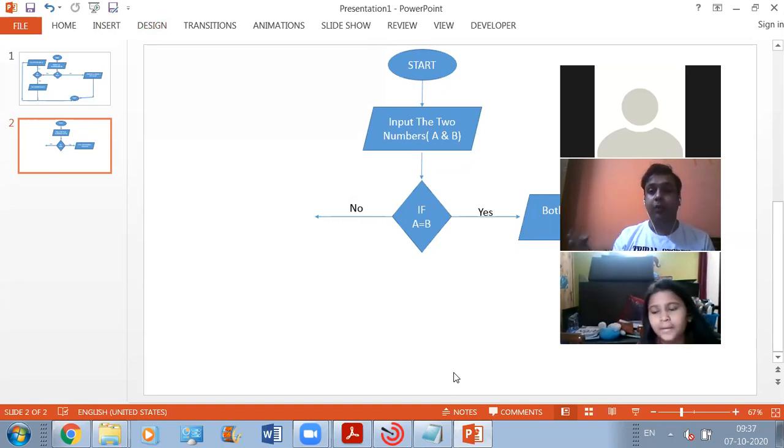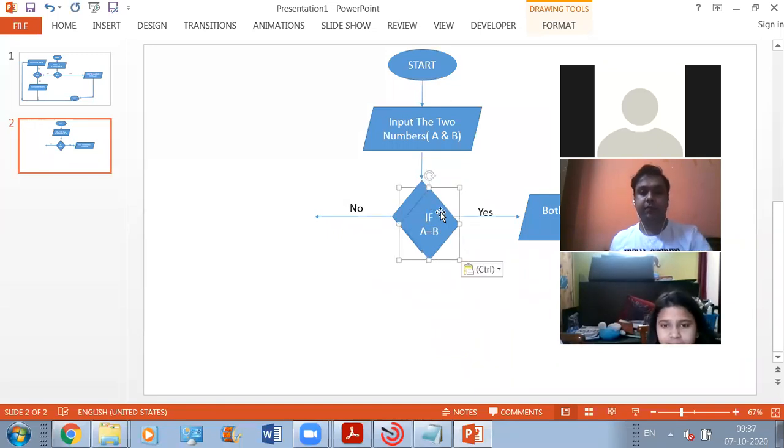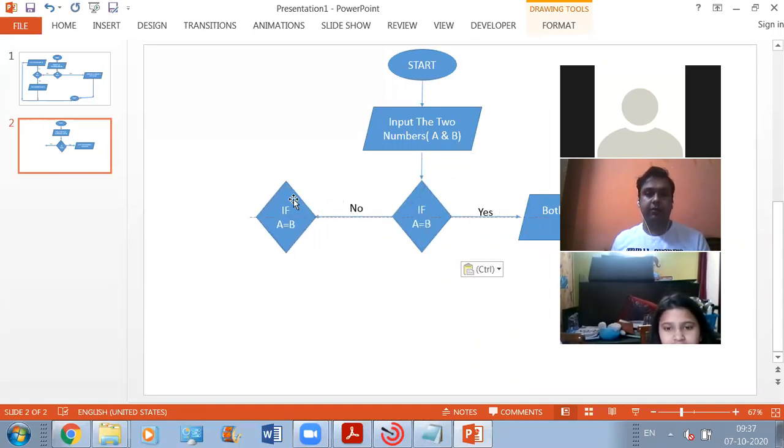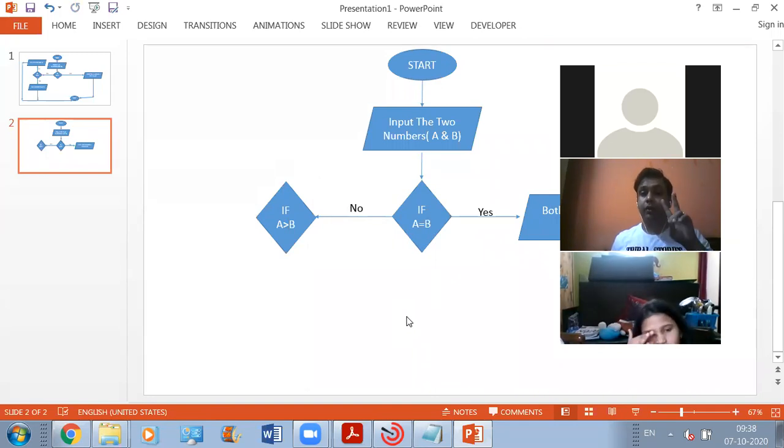Now if A is not equal to B, then there are two conditions which exist. One is it can be possible that A is greater than B. Second is it can be possible that B is greater than A. ठीक है, यही तो कंडीशन एग्जिस्ट करती है. अब हम चेक करेंगे इफ A is greater than B, अगर A B से बड़ा है, then